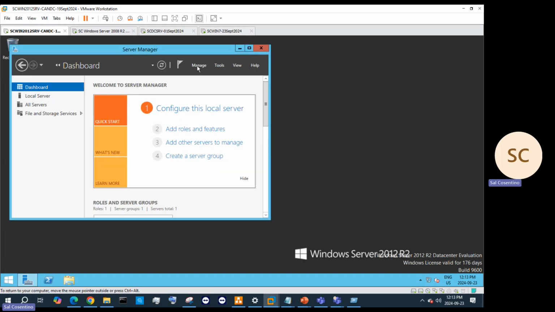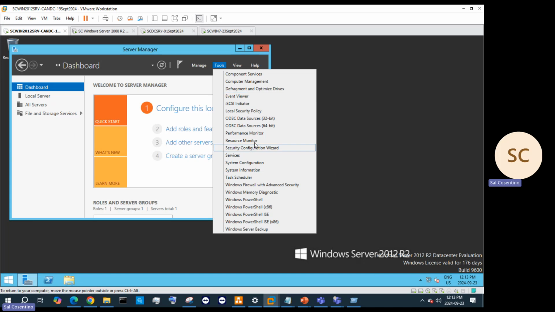Let's see if it's running already. Okay, well, then we can